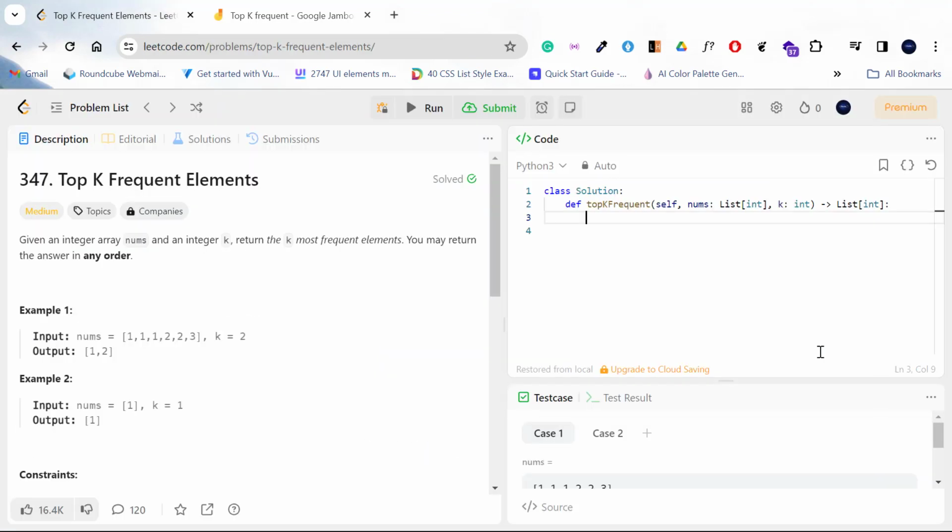Alright, so let's look at the code. First of all, we will create a dictionary called count. After that, we will create a frequency list of lists. I'm telling you why we are doing this: because for each location we will need a list. If one value occurs more than once, then we will store it in our sublist. That's why. For i in range of len